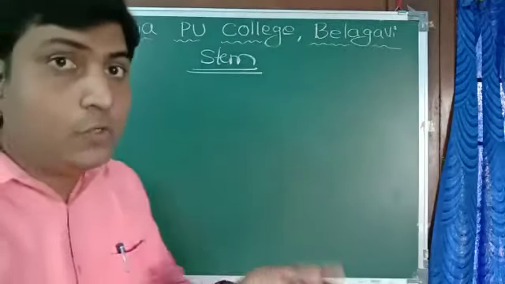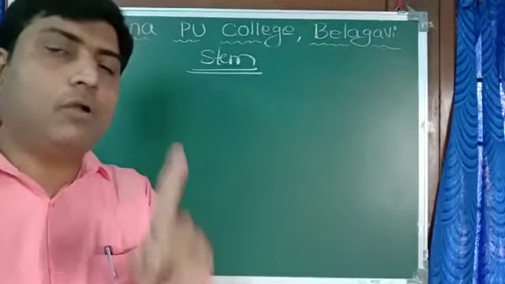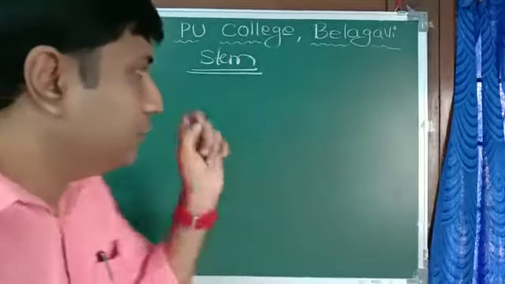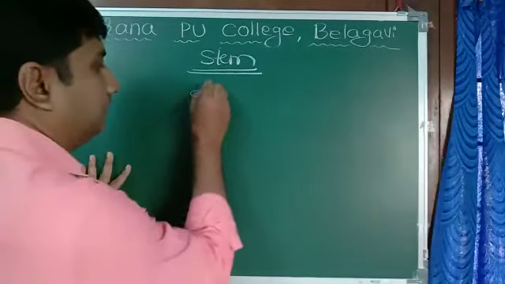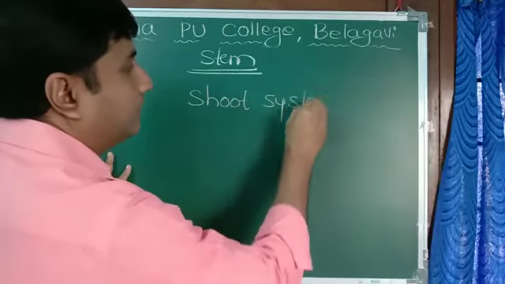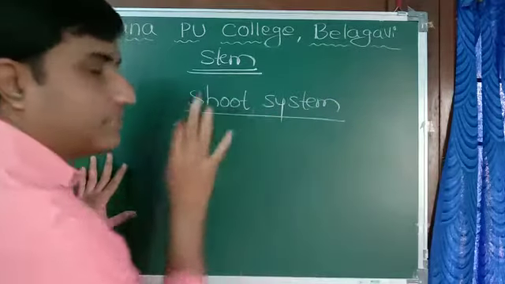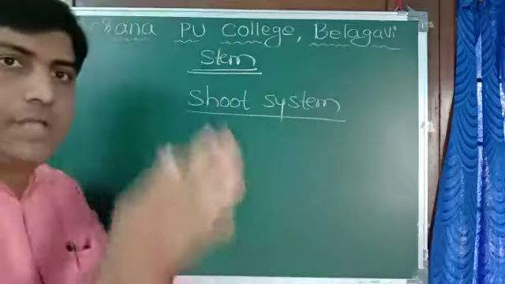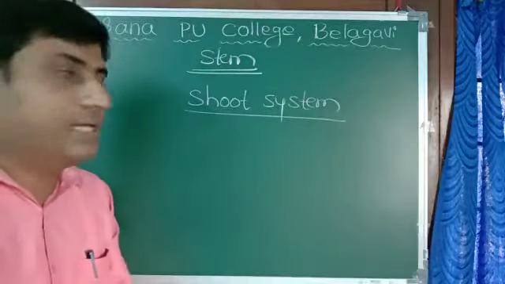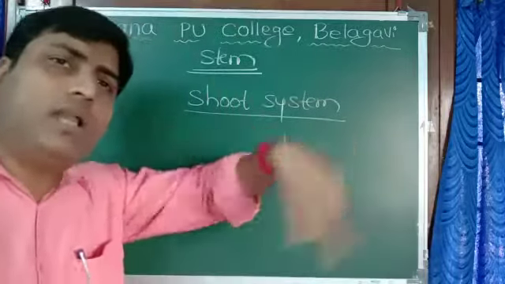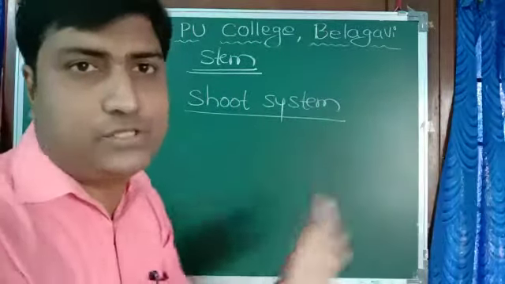So next we'll move on to stem. After root we'll move on to morphology of stem. See dear students, there is a slight difference between stem and shoot system. Stem is the main axis above the soil level. Shoot includes the stem as well as leaf and all other parts which grow on the stem, the branches, everything.